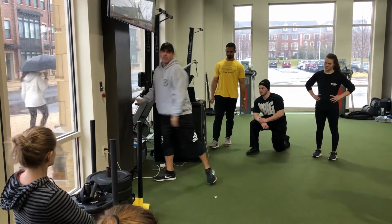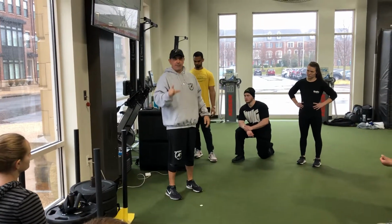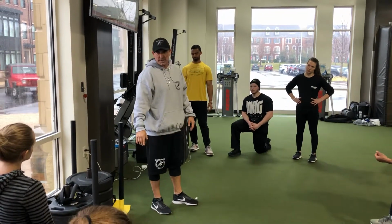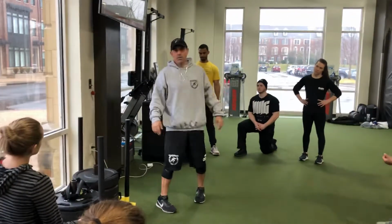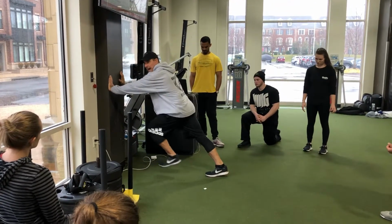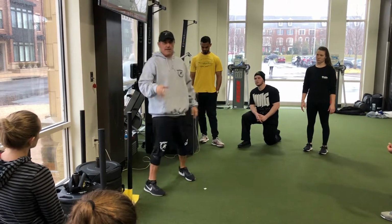You hear that pop? All I'm looking for is the pop. Force down. This is not a form running drill. This does not look like anything you're ever going to do when you sprint. Why do we do the drill? Because when I get in this lean right here, and I come down fast, I'm overloading the high-speed eccentric through